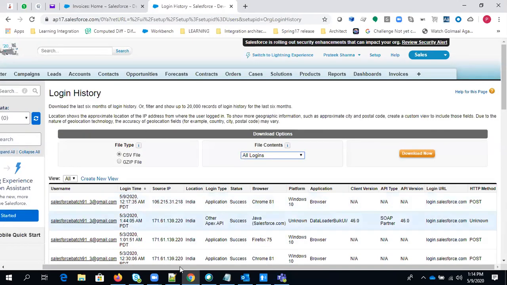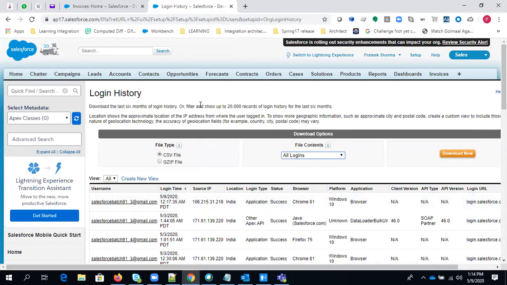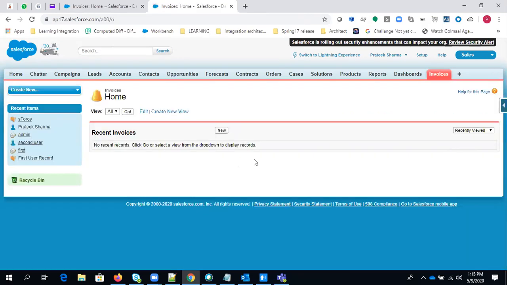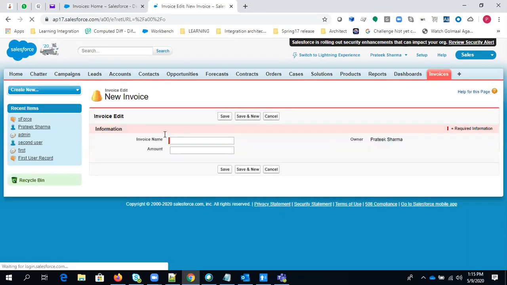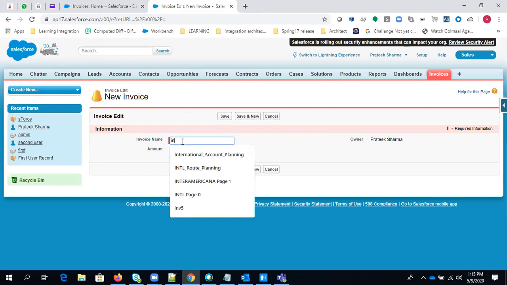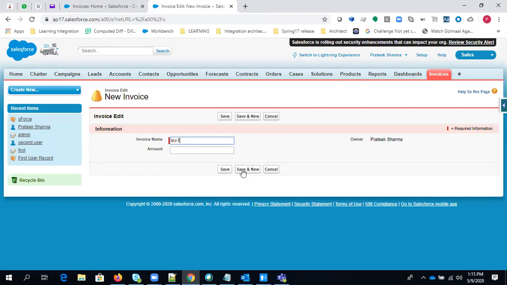The second one is the field track history. So let's say I have this invoice object. Let me just create one invoice. I'm giving the name as INV1, and the amount as, let's say, 5,000, and hit save.